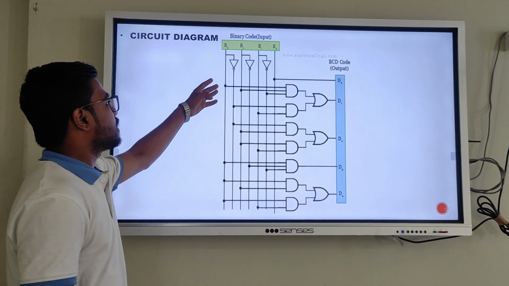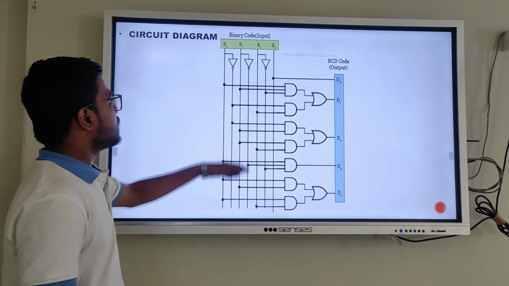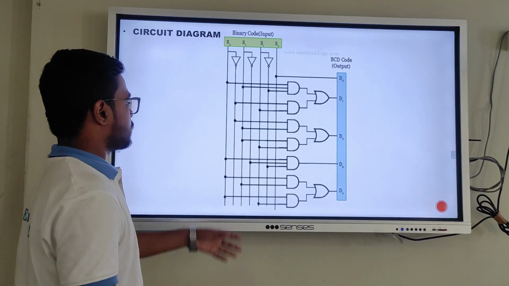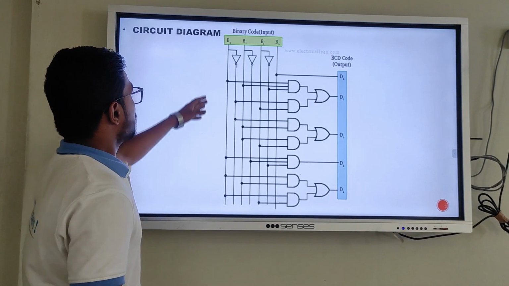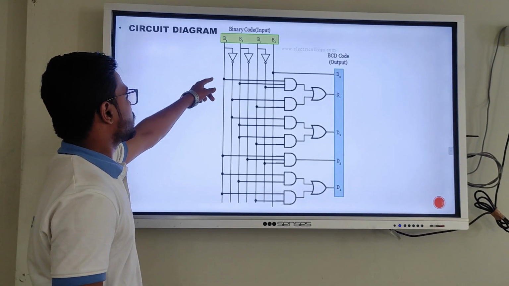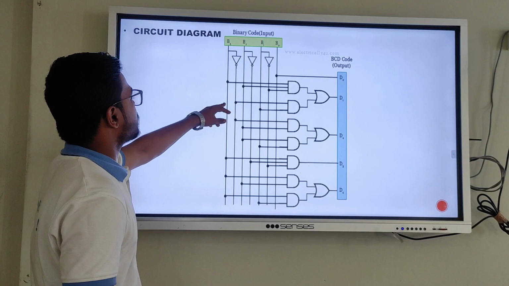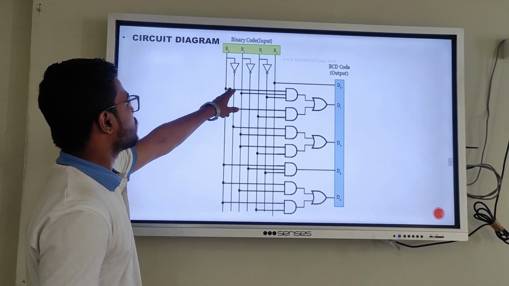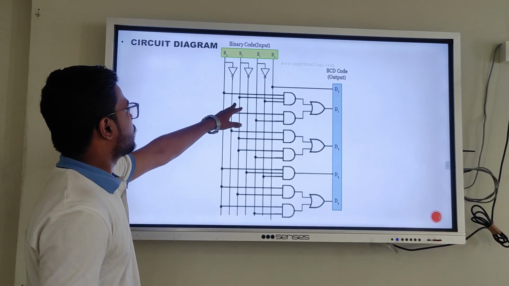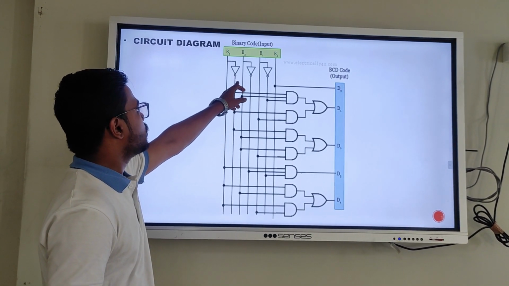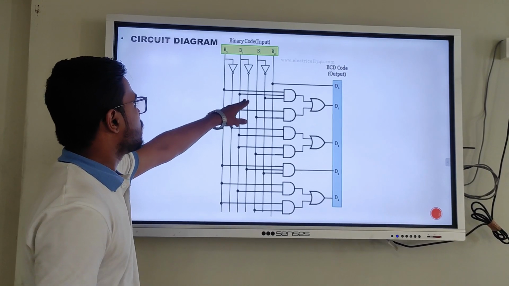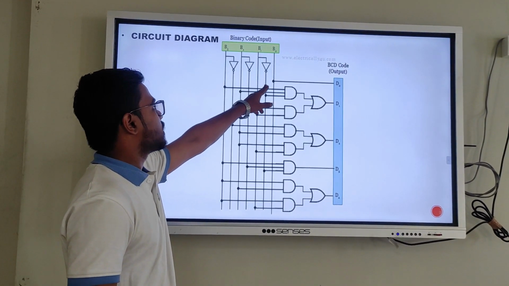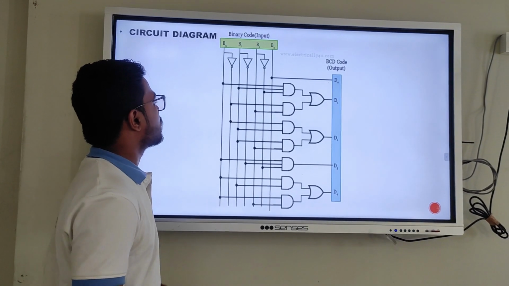Here we are going to discuss the circuit diagram of binary to BCD. This is the circuit diagram of binary to BCD. Here we have 4 inputs and 4 outputs for the following diagram. The first input is B3. We are getting 2 inputs, one of which is passed through the NOT gate. Further, for the second input B2, we pass one of the outputs through the NOT gate, and from B1 the following term we transfer.